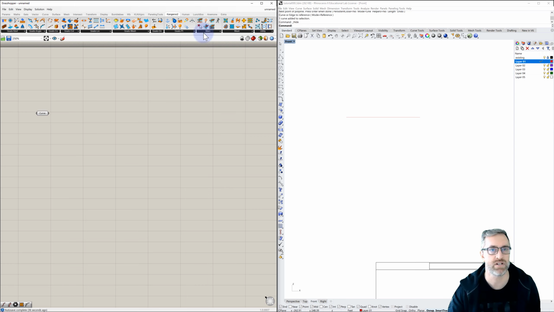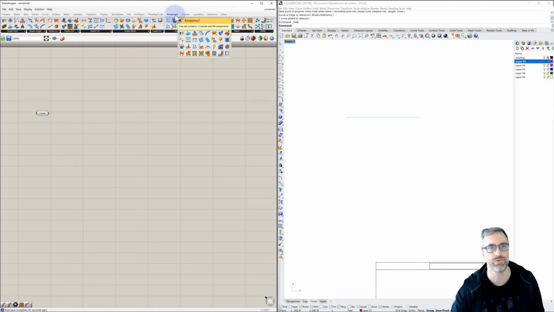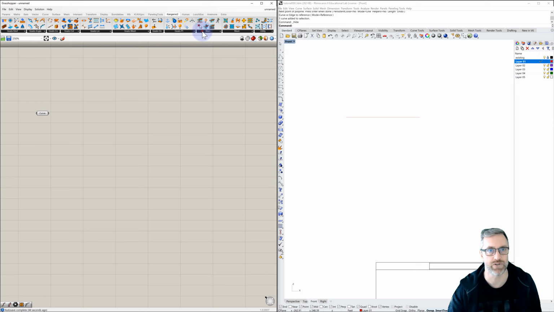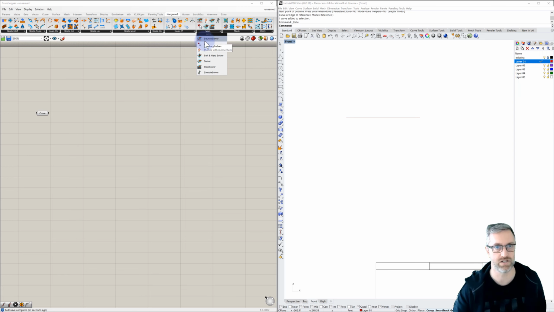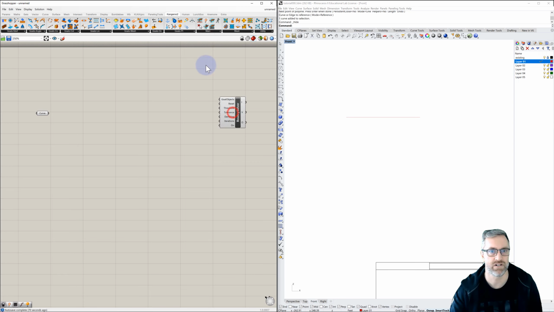Within Kangaroo2, once you have it installed, you should see a tab up on the top called Kangaroo2. And there's a main component. There are a number of different solvers that we have here. For everything that we do today, we're going to use the Bouncy Solver, just because it is a little more interactive in terms of the way that it looks. There's so much to learn with Kangaroo2. I'm just going to scratch the surface today and expose you to some of the things to get you started with this. So select the Bouncy Solver. And while you're here, select the show